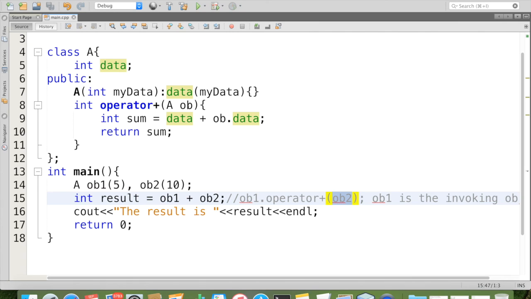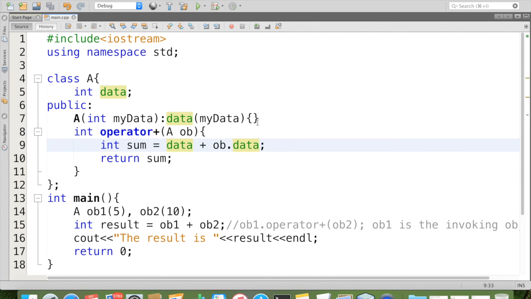It is equivalent to A OB equal OB2, so the copy constructor will be invoked. Whatever OB2 has is copied to OB, and the data is accessed here. So this is about overloading the binary operator plus.